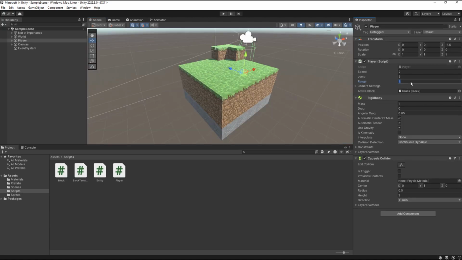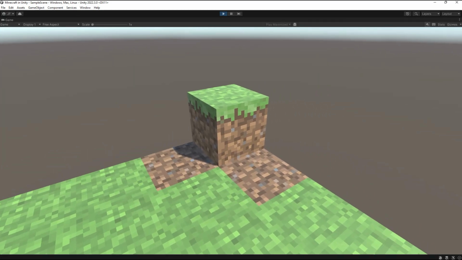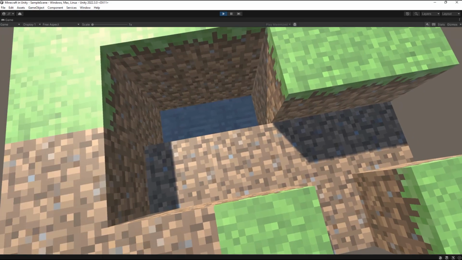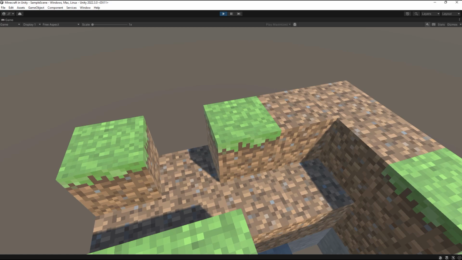And make sure to assign this range parameter so a player is only able to break or place blocks within a distance of 4 Unity units. And if you know where to take a look at it, it already seems to work pretty well. And below here, we got our stone blocks, but I find it still hard to approximate where the center of